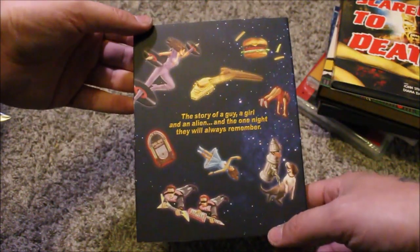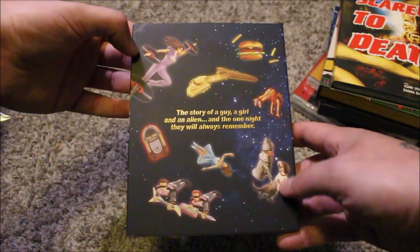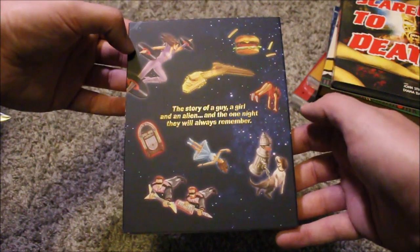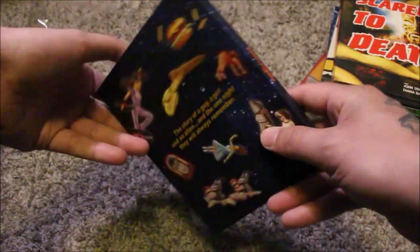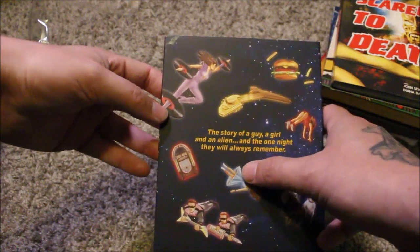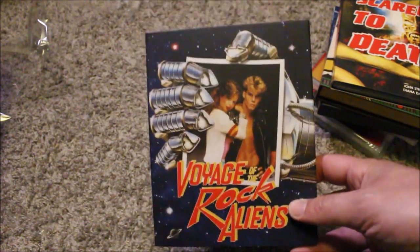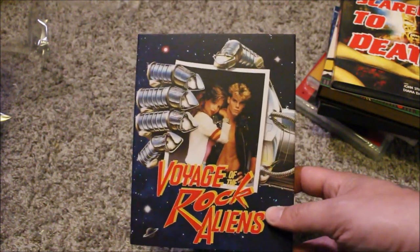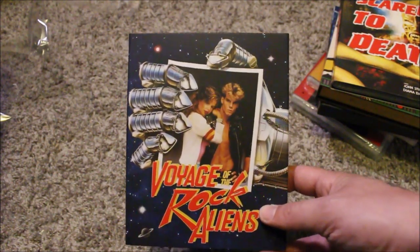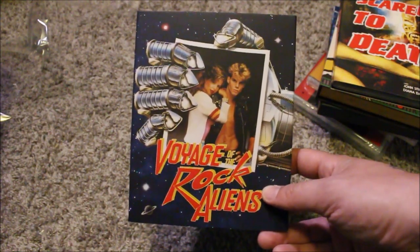The design does make the movie kind of look interesting. But then you see this back picture and it's like you got a burger and fries, a dog getting pissed on by a fire hydrant, I guess. I don't know, like the story of a guy, a girl, and an alien. And the one night they will always remember. It doesn't look good. Mel from My Killer Podcast or whatever was really excited about this, and we kind of gave her a hard time for that on the channel over at Master Chaos, but I don't know, maybe